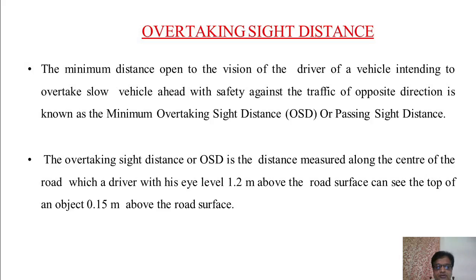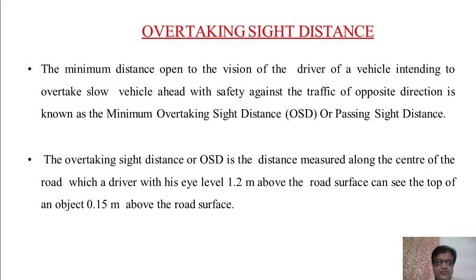That is, in India, even though we design the road for the design speed, all the vehicles will not be traveling at the same design speed, say 100 kilometer or 80 kilometer. Few of the vehicles will be traveling at 80 kilometer and few at maybe 40, 50, 60, etc. So it is very much necessary that the fast moving vehicles overtake the slow moving vehicles